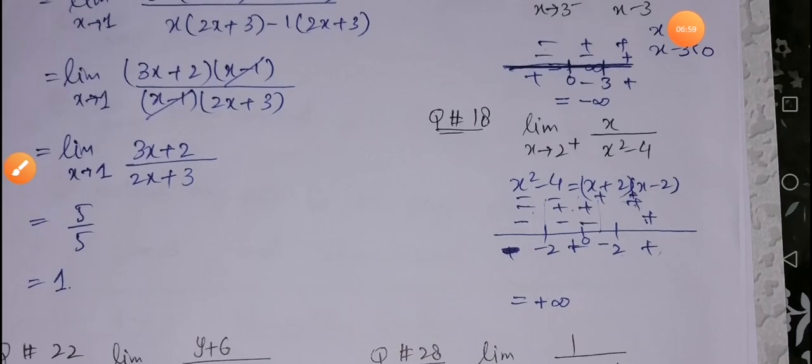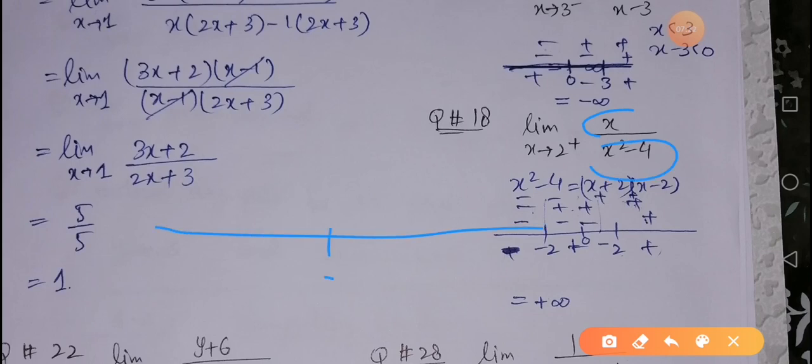Next we have question number 18, limit as x approaches 2 from the right-hand side of x over x squared minus 4. We will draw the sign chart for it as well, because the denominator is 0 and we will have infinity for this. When we draw the sign chart, you can see that there is 1 zero for the numerator and 2 for the denominator. The numerator is 0 at 0. Then there are 2 zeros of the denominator, which are plus 2 and minus 2. So here we have plus 2 and here we have minus 2. Now in total we have 4 intervals.